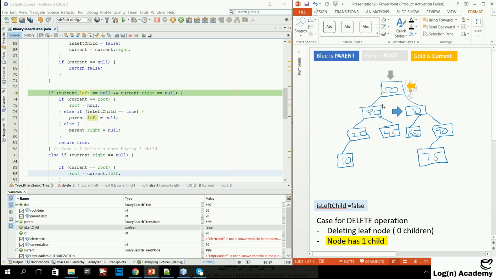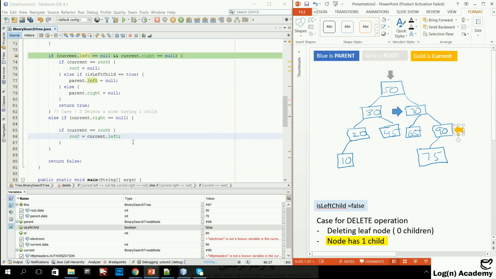So what we are saying is current dot left. This is the left. Make this a root. So 30 will become the root node, and 50 will no longer be there, right? So now this is for this case. This is for the root case, and then else if